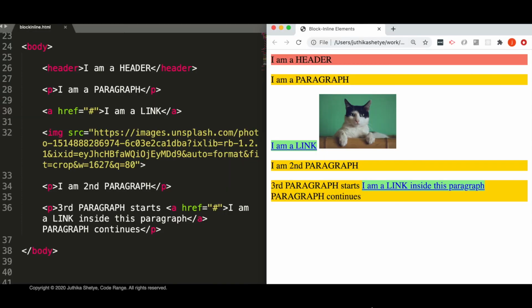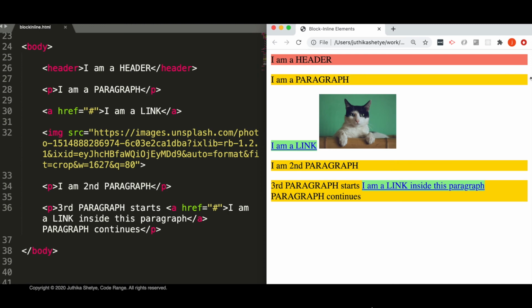Let me show you some examples of this. So I have put a header and a paragraph here in the code and given it some color just so that you will understand exactly how much space each element occupies. And if you see in the browser, even though the header doesn't have much content in it, it occupies this entire space on this line. Now the same thing goes with the P element or the paragraph.